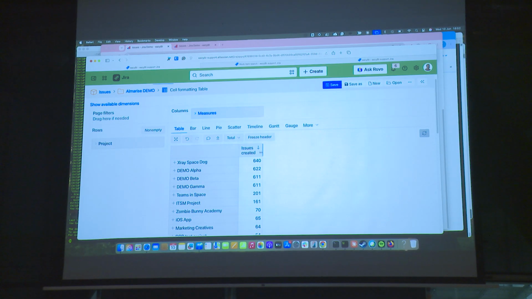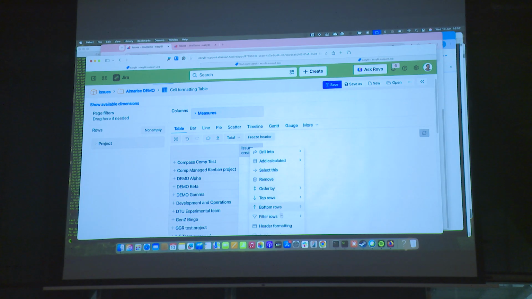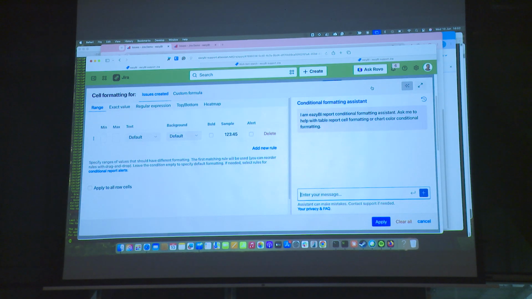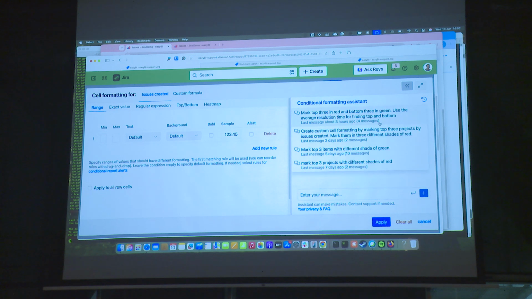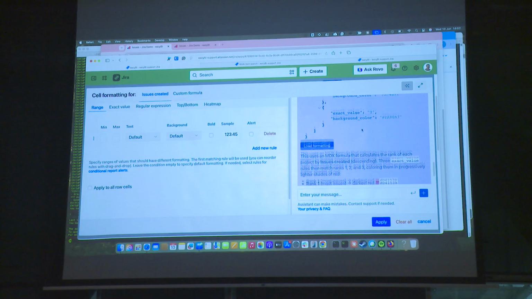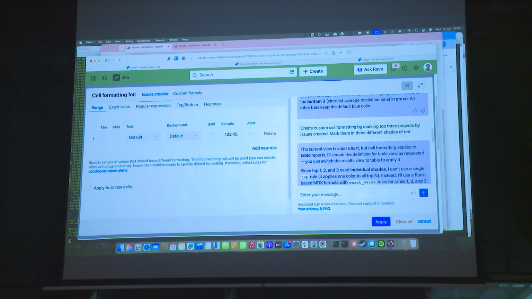I can see some top, bottom, yes, but maybe I don't want to do that. I can do something else instead. I create cell formatting. My wish is to create cell formatting marking the top 3 projects by issues created and mark them in 3 different